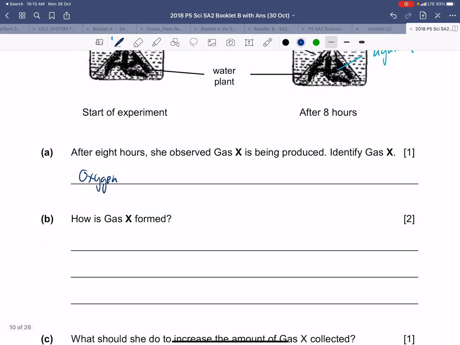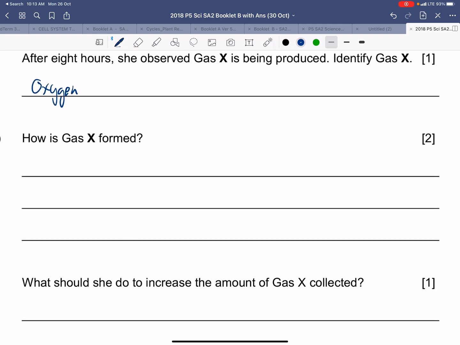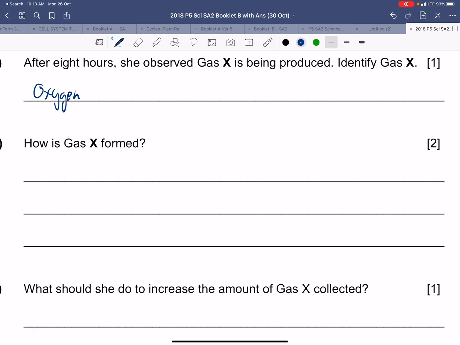Make sure you talk about these things as well as identifying the process of photosynthesis. So I would say that gas X is formed through the process of photosynthesis,